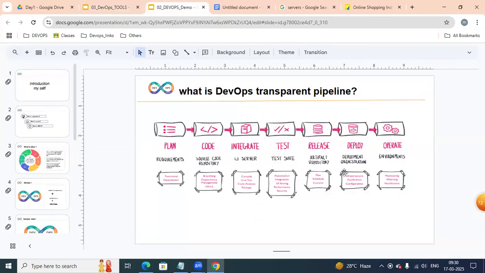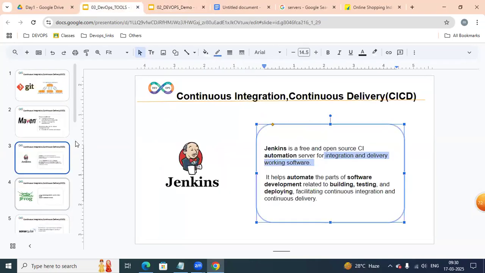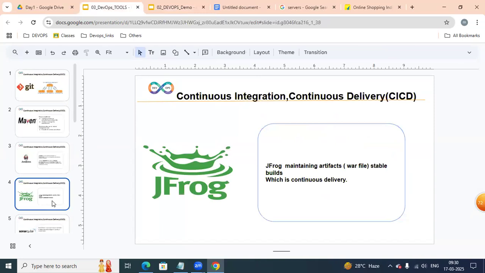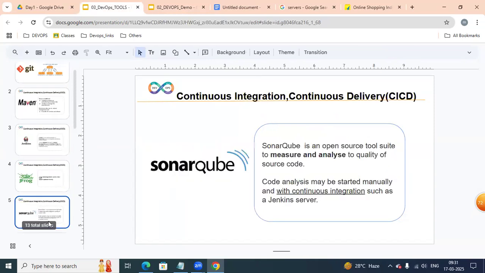And once CI/CD is implemented, where exactly are we going to deliver the release? The release is nothing but what? JFrog. JFrog is a release. It can maintain artifacts, stable builds, and continuously deliver our working software. And we're going to be learning SonarQube. SonarQube is a code analyzer.